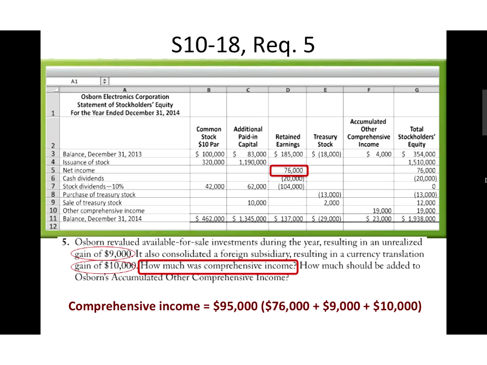Osborne revalued an unrealized gain. Okay, this one is the least obvious of all the questions. It's asking us how much comprehensive income is. Comprehensive income, to get that, should be your net income, which I've circled, plus, in question 5, it tells you